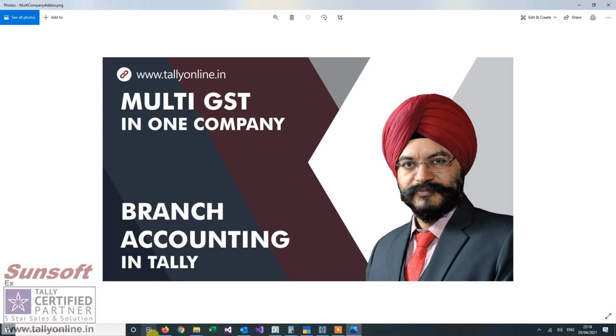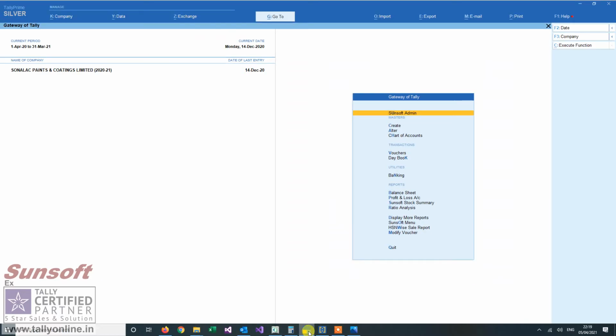When they are going to club the data, they have to do multiple entries, once in the separate GSTN companies and then in a combined company. This multi-entry system is prone to mistakes. So we have developed this add-on in which, in a single company, in a single legal entity, you can have multiple GST registrations. Let us see how that works.